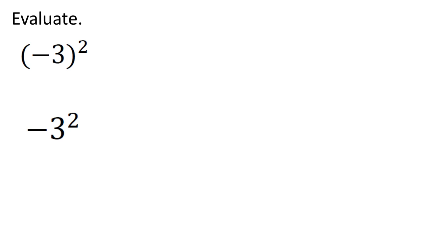Well, let's look at the first one here, and notice it's -3 in parentheses to the power of 2. So what is the power of 2 telling us? It's telling us take that -3 in parentheses and multiply it by itself, all right? Now, that may seem obvious because of the set of parentheses, but when we get to this one, it may not seem as obvious. Either way, we just need you to get this understood so that you can do well